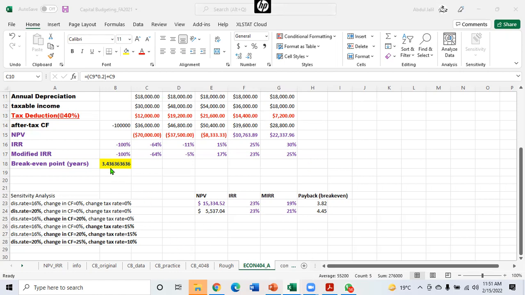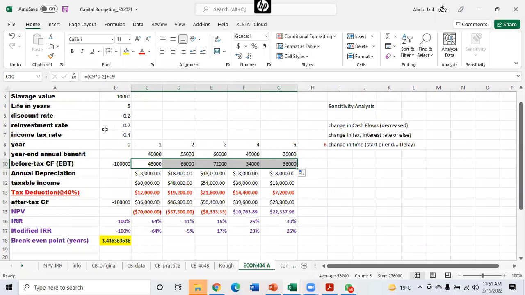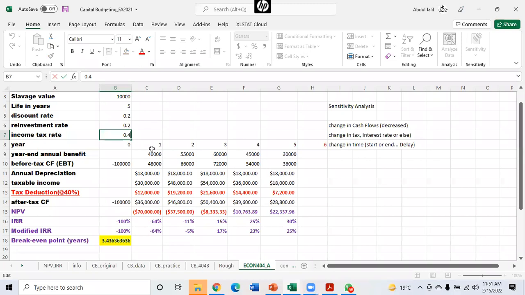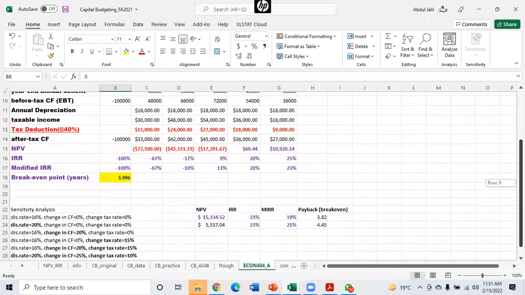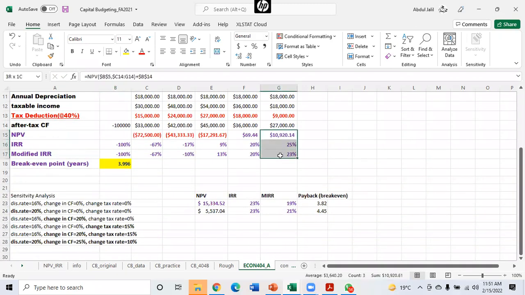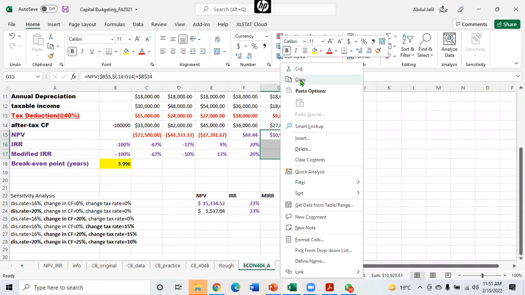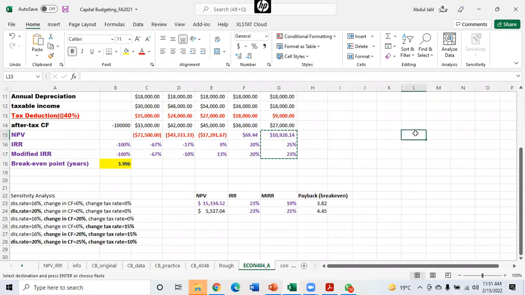Now this means this 10% tax rate. Previously, what is the tax rate? This is 40%, right? Now it has increased by 10%, I mean to 50%. It becomes 50%. So we are going to apply this. So, simultaneously, when all three changes have been incorporated, your values have changed now, and we are going to paste them. First,